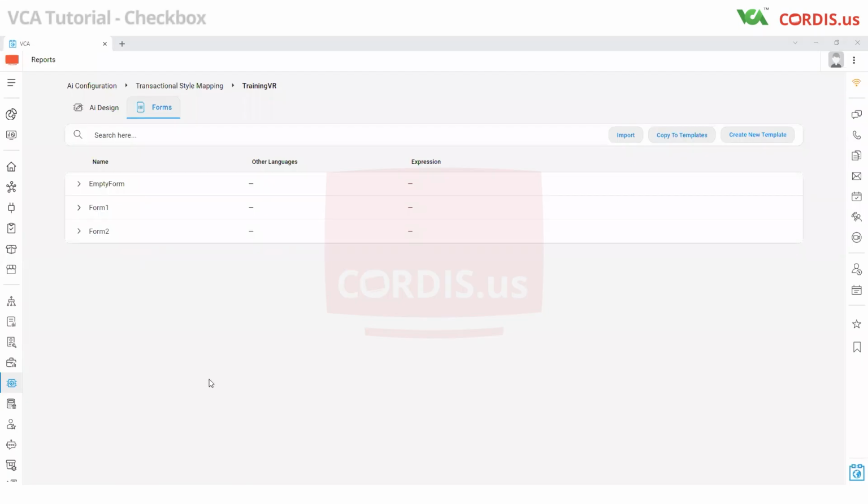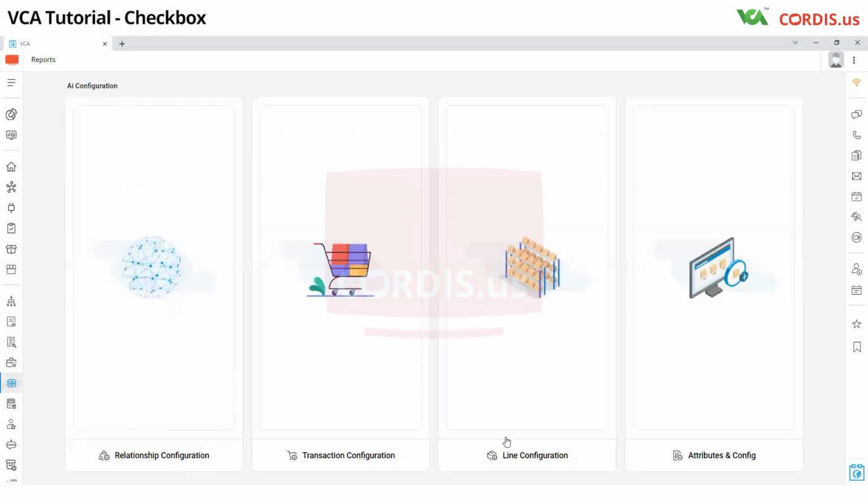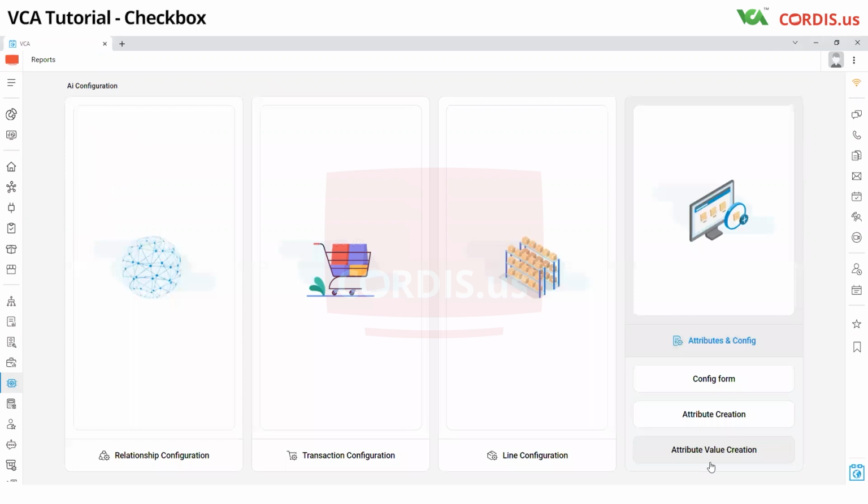Hi, in this form, we will learn how to use checkboxes. To create a checkbox, we first need to have a Boolean variable. Go to AI configuration, attributes and config,